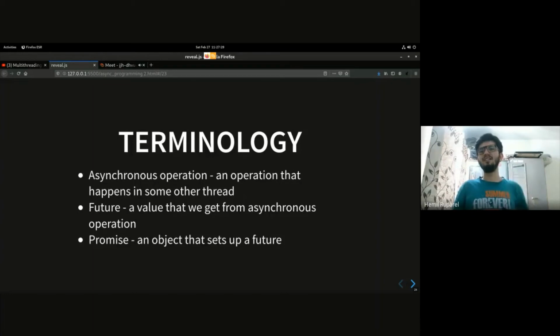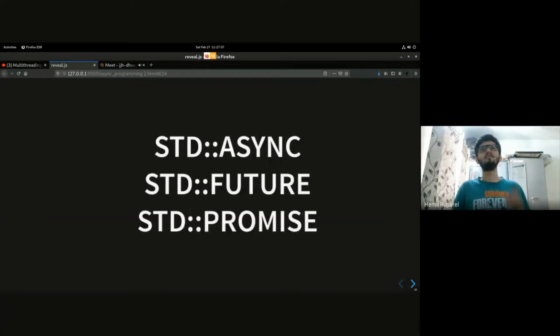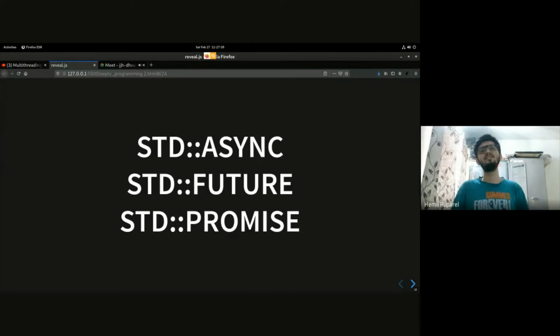And before touching the libraries, the standard also provides us with some tools that are available in C++11. So std::async is a function that represents an asynchronous operation. It creates the threads for us, it returns a future, and it manages the promises by itself. That's why I said the promises are not relevant for this talk. std::future is a data structure that represents the future. std::promise is an object that sets up the future, and it is managed by std::async for us. So we'll not get into the details.